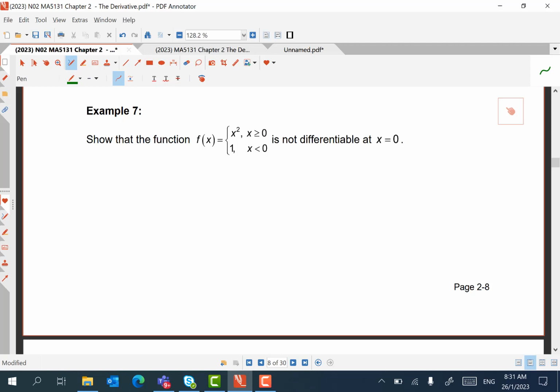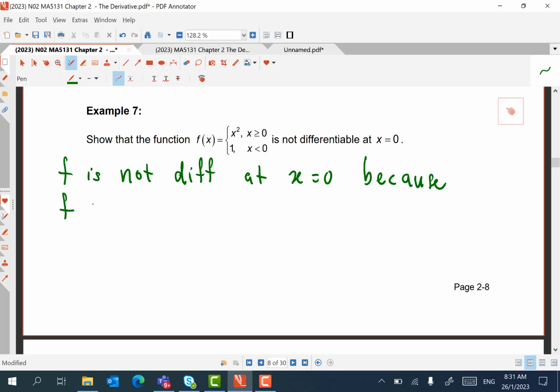How would you want to prove that this is not differentiable? f is not differentiable at x equals 0 because f is not